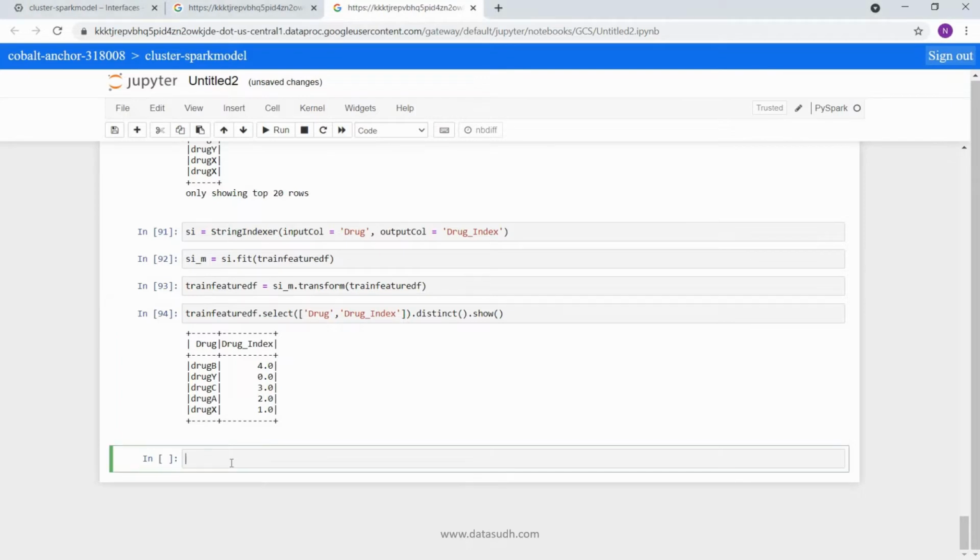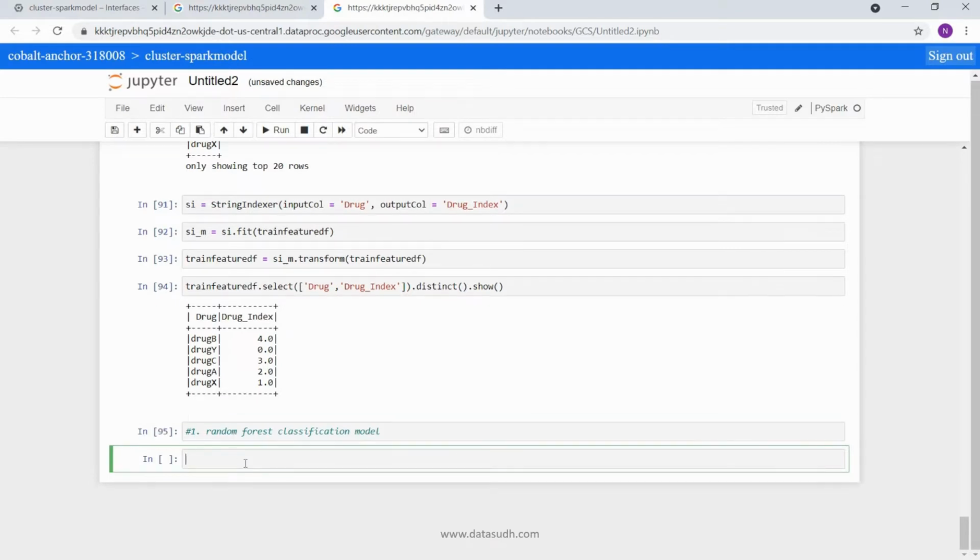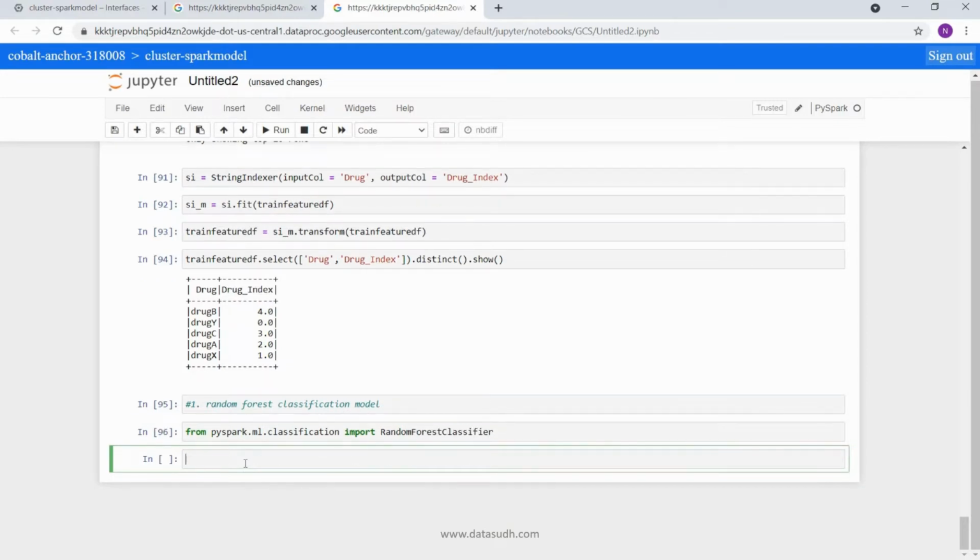Now I am going to create my first classification model, that is the random forest classifier. To build this I am going to import the random forest classification library. So from pyspark.ml.classification import RandomForestClassifier. This is imported. Now let's define the properties of it.